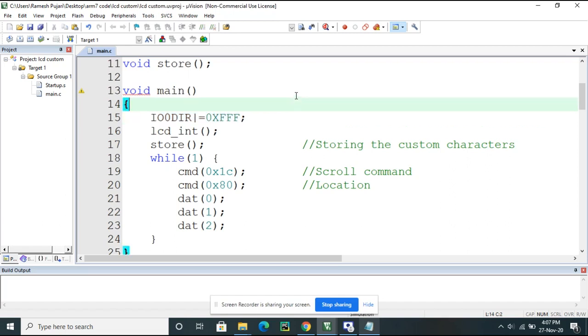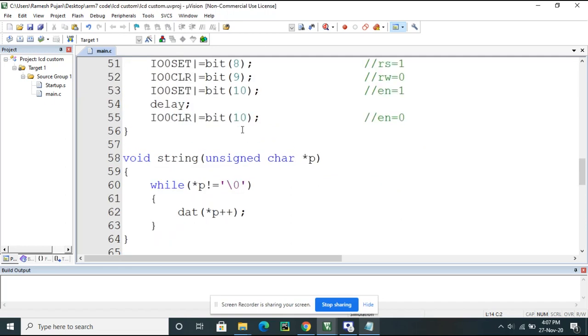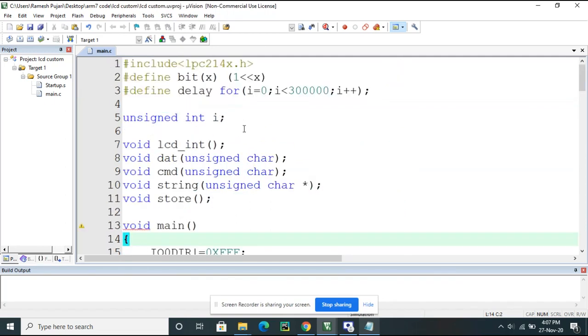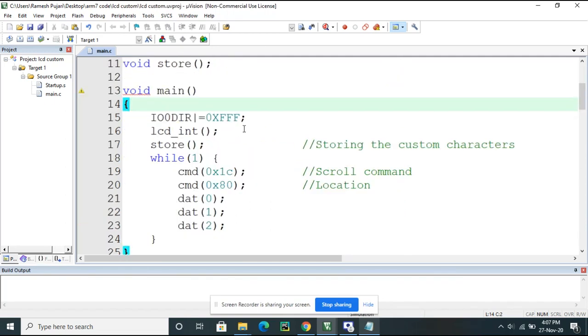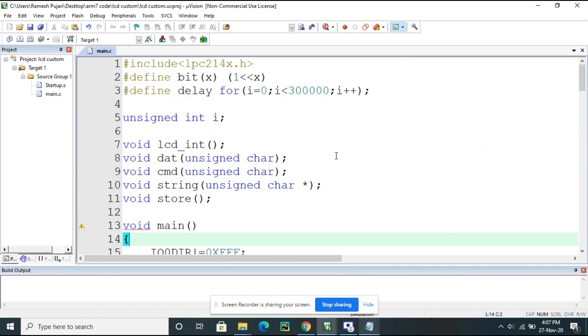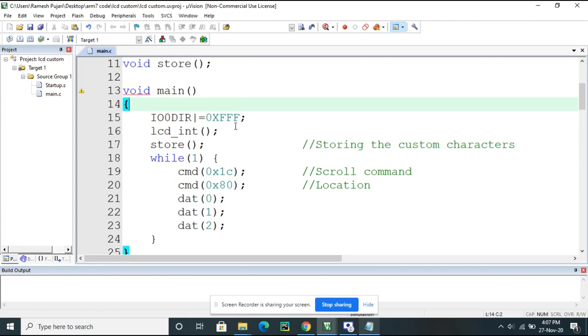Okay, and then we are initializing it. After initializing, I am initializing the LCD and then calling the store function, which is used to store the custom character. Okay, because in the previous tutorial we were not storing anything.